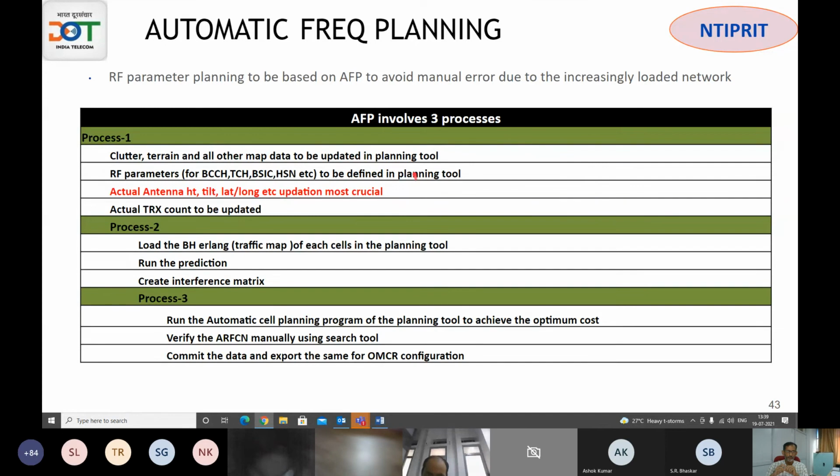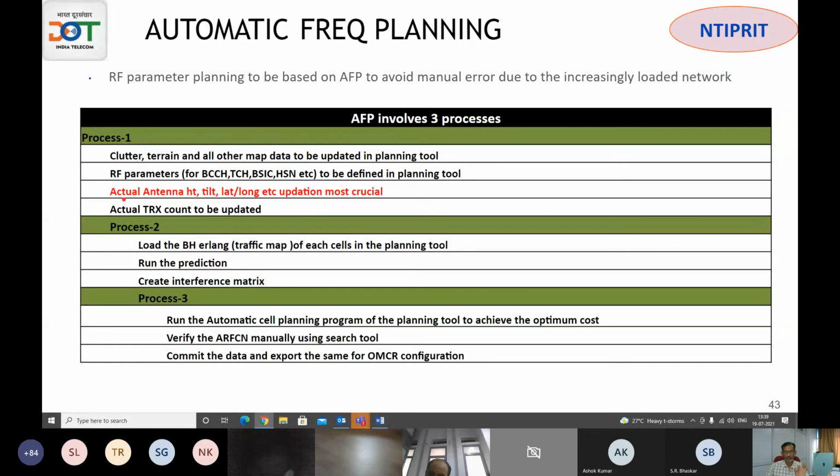So it requires specialized tools, in fact, to judge whether the orientation is correctly given. Then the height of the antenna, that itself is very difficult because building height is there, and on top of that you have got the tower height. So correct antenna height, orientation and tilt. Tilt nowadays is electrical tilt. So you will not know, the antenna will be vertical, but there will be an adjustment at the bottom which will give how much, whether it's 4-degree tilt or 5-degree tilt. So the information that is given into the tool is very important.